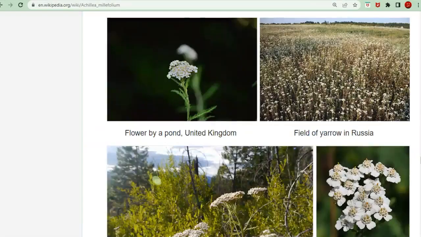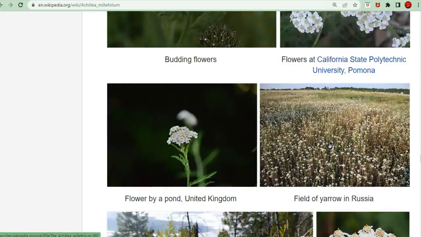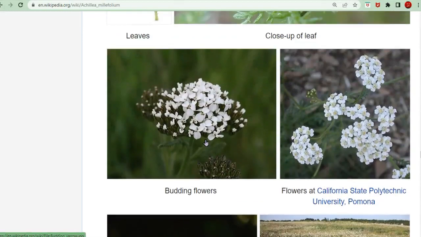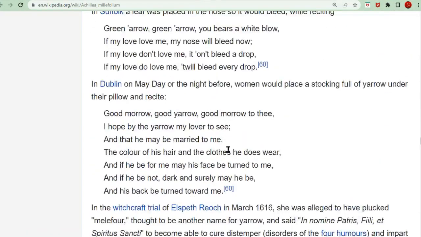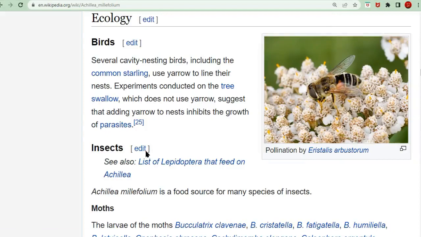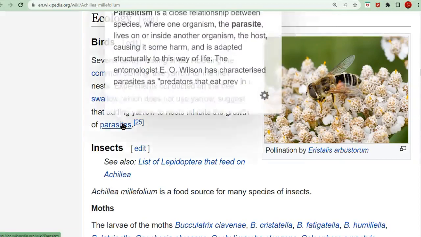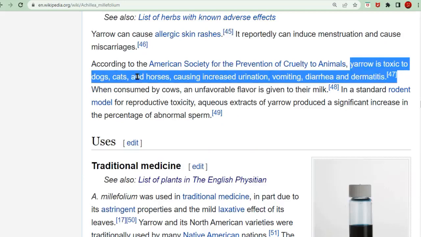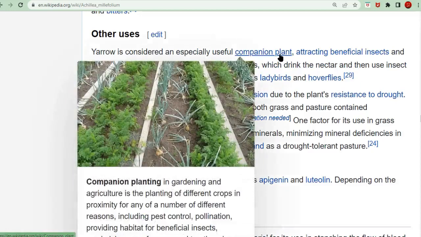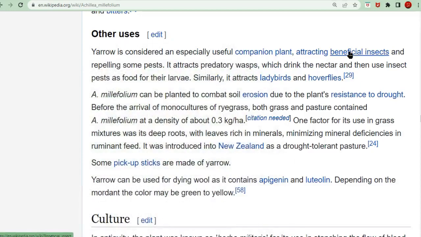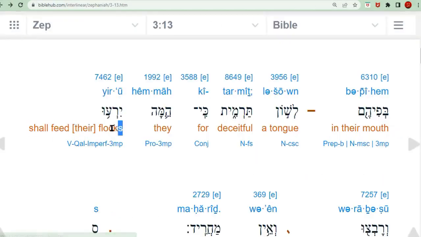And what that means, the yarrow is a medicinal plant used to stanch blood flow in ancient times, but you don't feed it to your flocks unless your flocks are bees. The birds that use yarrow in their nests, it inhibits the growth of parasites. Yarrow's toxic to animals, dogs, cats, horses, but it's a companion plant, especially useful as a companion plant, attracting the beneficial insects. And so that tells me that shall feed their flocks is talking about the brewers, and they're collecting honey, and the yarrow is good for their flocks. But when you're reading just the letters, it's to give them hiero,